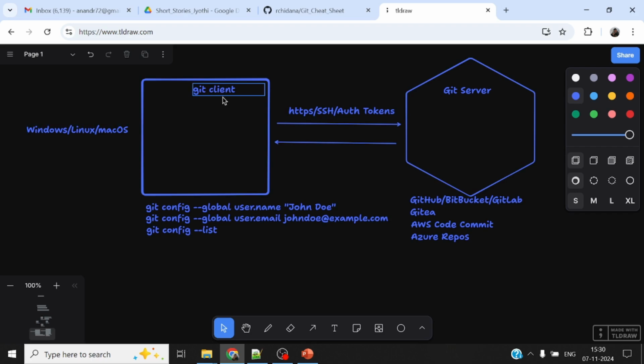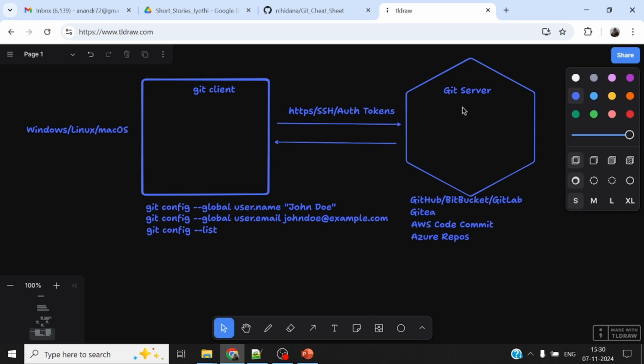Now, with the Git client, you can do a lot of stuff, but when you want to really push it to a server, you would need a pretty expensive server. Of course, there are lots and lots of free servers available, but then you need a beautiful UI, some sort of control mechanisms, some sort of authentication, and possibly a UI